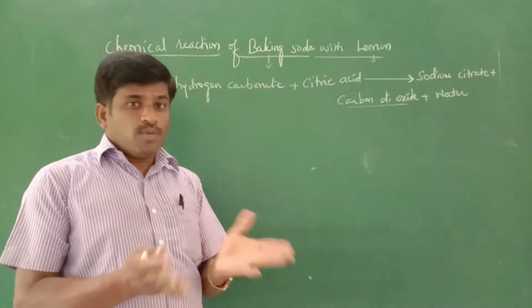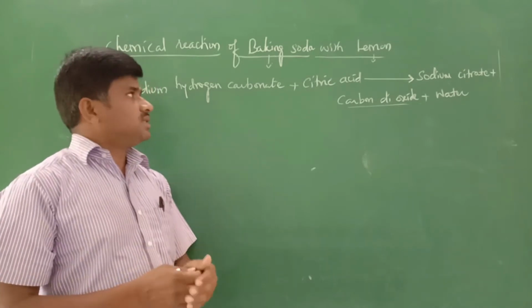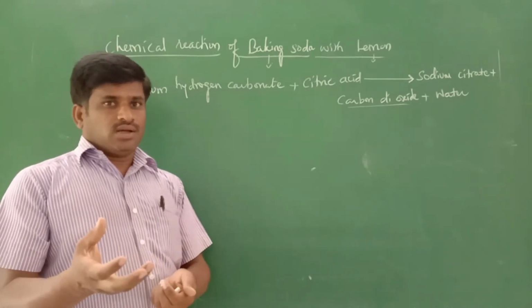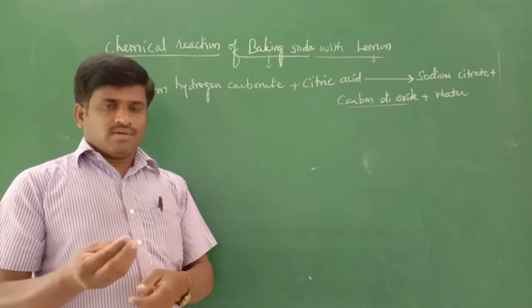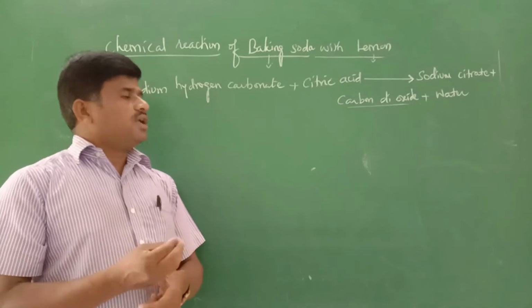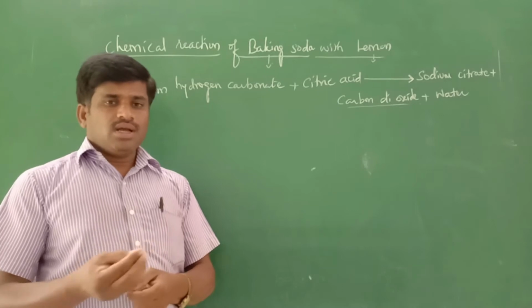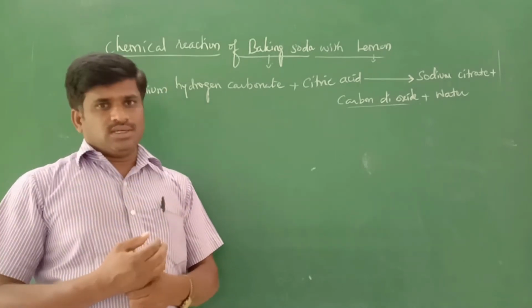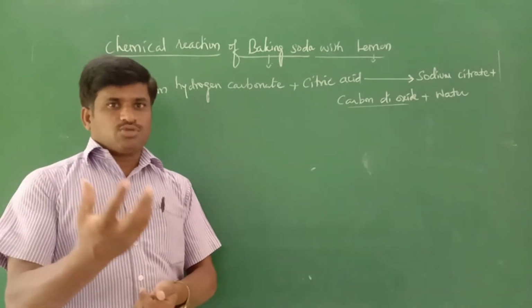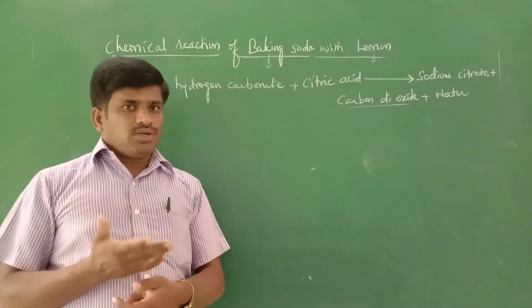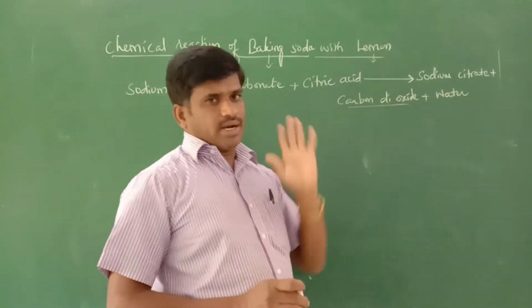In our home, you can do this reaction. You can practice these reactions. Do you know baking soda powder, idli powder? We have it in our home, no? You take that, dissolve it in water, then lemon is available. When that lemon is mixed with this baking soda, you can observe bubbles coming out. Understood? In the solution form, bubbles come out. That is the gas evolving. The name of the gas is carbon dioxide.